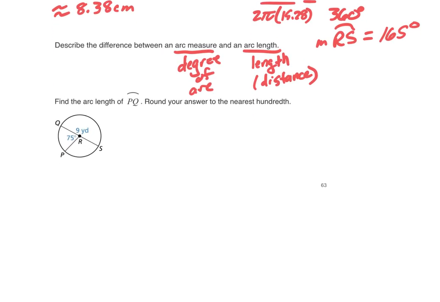Okay, on this one here, arc PQ. Arc PQ is this arc right here. We're looking for the length of that, not how many degrees it is. That's what we did in the last chapter, okay? This is what is the length of it. We do need to know the degrees. What we just got done talking about in the last chapter was if the center is 75 degrees, the arc outside of it is also 75 degrees. So 75 over 360 times pi times